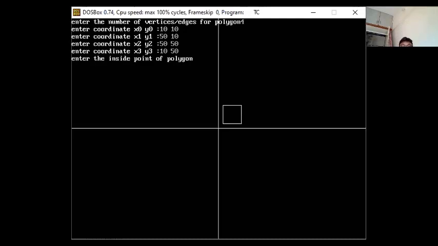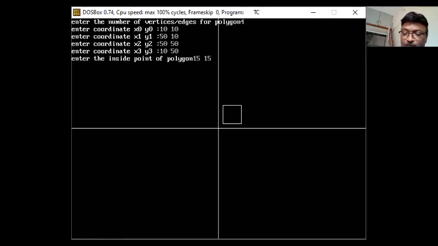See, it is going to draw the x-axis, y-axis first, and all the values are positive. So it is going to draw this polygon in the first quadrant because both values are positive. I may say 15, 15 is my inside point. 10, 10 is my initial point. So 11, 11 is an inside point, but 10, 10 is not my inside point. So you have to go from 11, 11 to 49, 49. 50, 50 is not my inside point. 50, 50 is on the edge. So up to 49, 49 you can put.